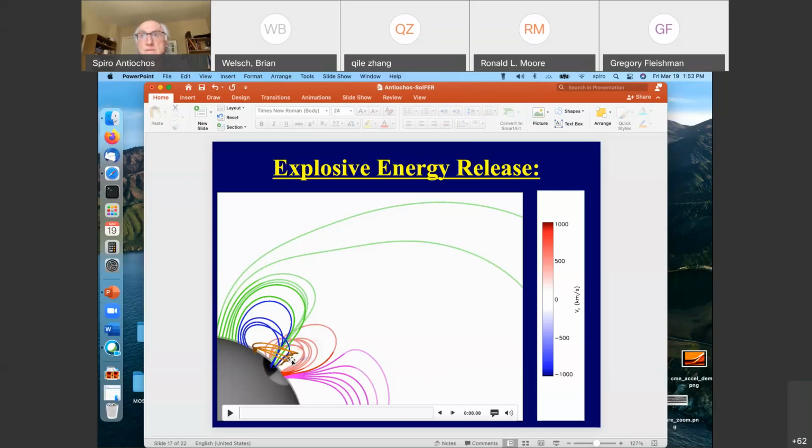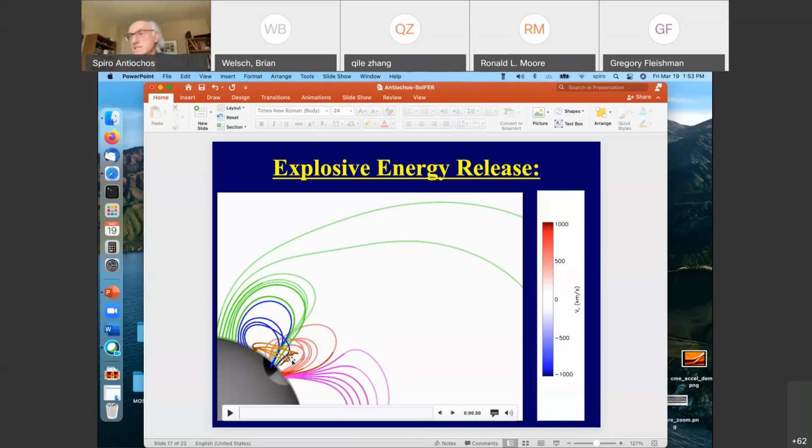So you don't know about that? That I don't know about. That'd be interesting to see. Do they actually build up a filament channel ahead of time, or is it by this? They get an explosion. Yeah, well, they get explosions, but I mean, for example, what Tibor and James Leake are doing are simulations where they use the emergence to trigger a